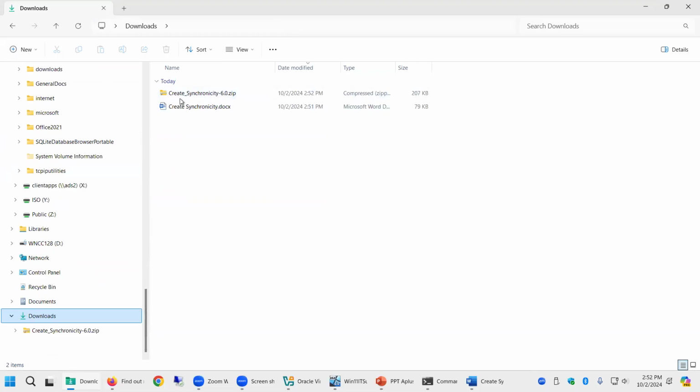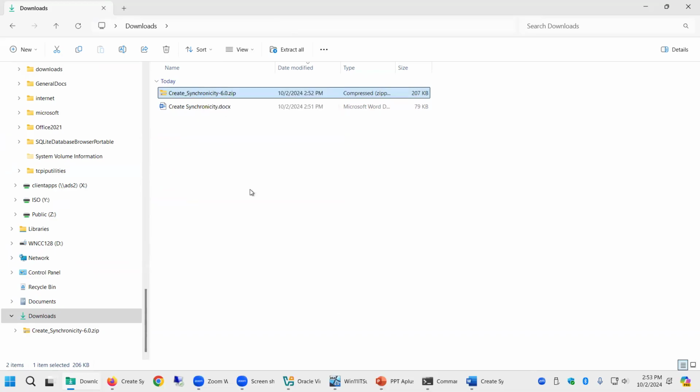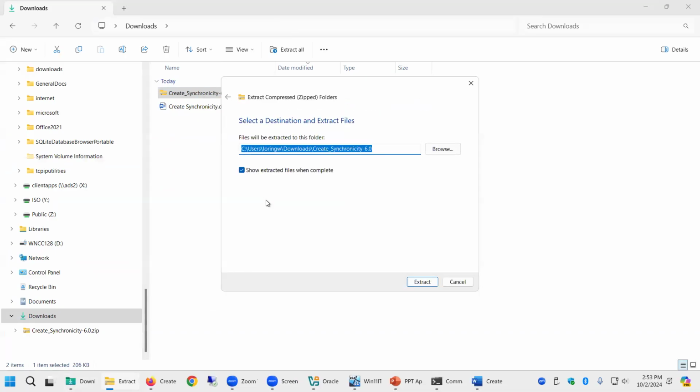A zip file is a container. It's an archive. It's a compressed container of files. If you double click on it, nothing's going to happen. You can't run a program inside a zip file. Almost always in anything we do in our class, we're going to extract it. And in this case, it's a small file, so it will take very little time to extract. It's going to extract it to this folder. So if I click extract,